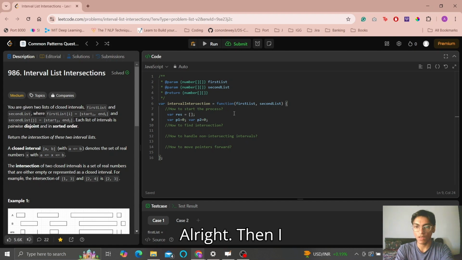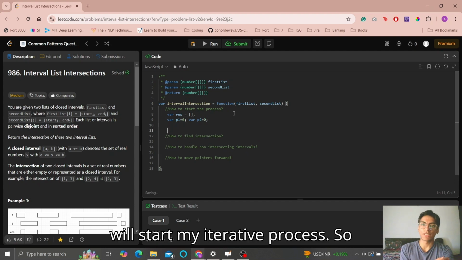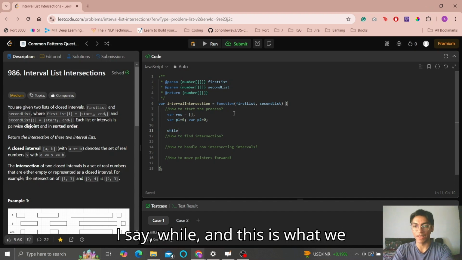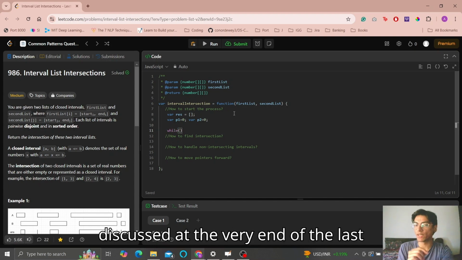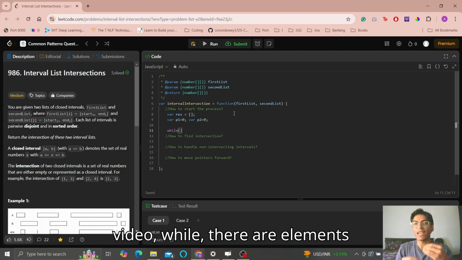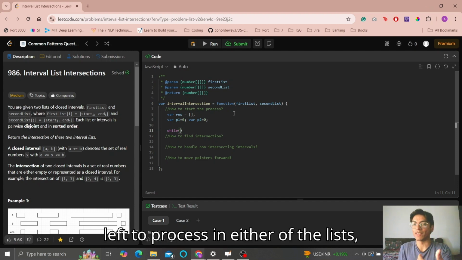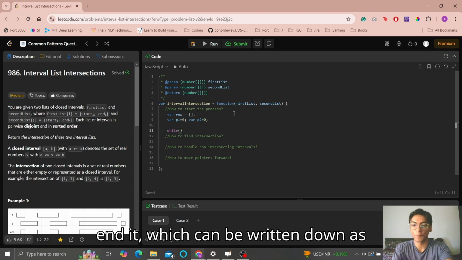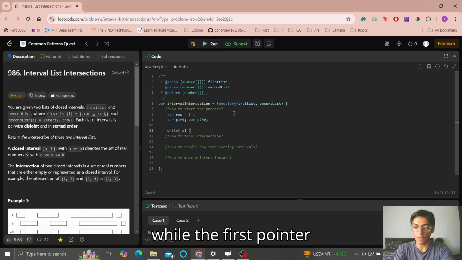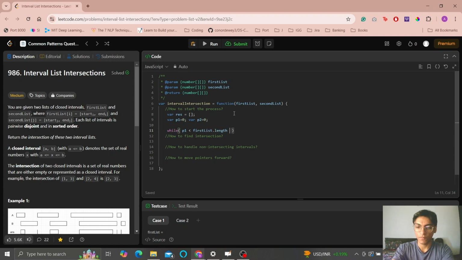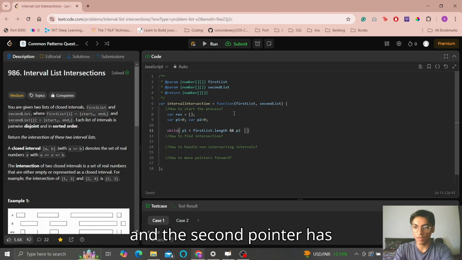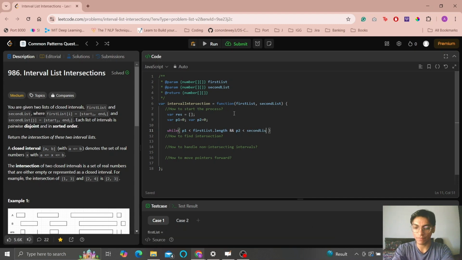Alright. Then I will start my iterative process. So I say while, and this is what we discussed at the very end of the last video, while there are elements left to process in either of the lists, we continue this process, otherwise we end it, which can be written down as while the first pointer has not gone through all the elements of the first list, and the second pointer has also not gone through all elements of the second list,